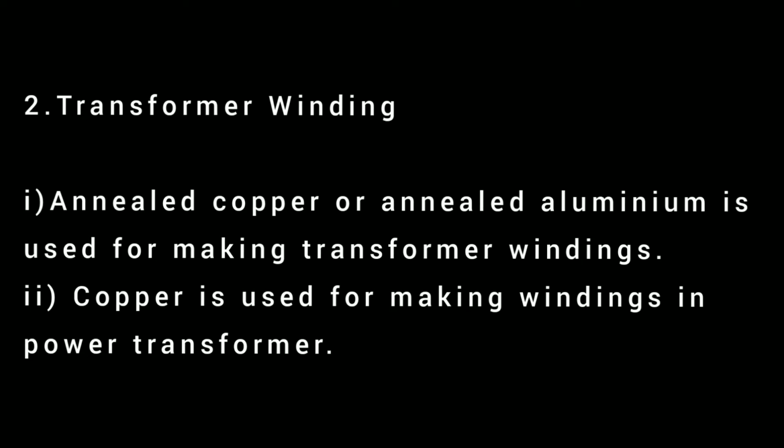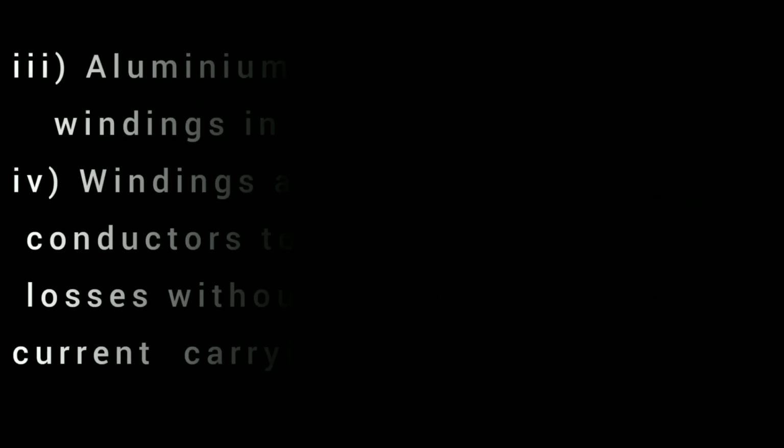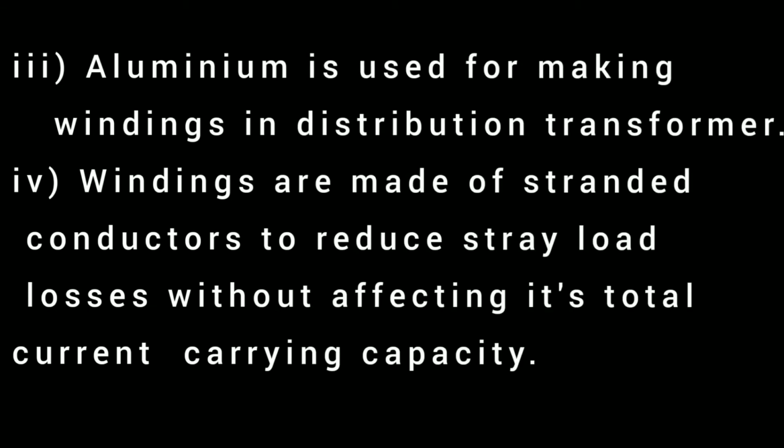The power transformers are handling a bulk amount of power. So it requires high efficiency, that is efficiency equal to 98 to 99%, and also low resistance as compared to aluminum. Even though copper is more expensive than aluminum, the windings of a power transformer are made up of copper. In the case of distribution transformer, which handles less amount of power, the efficiency can be between 94 to 95%. That is by sacrificing its efficiency in order to reduce the cost of the transformer. So aluminum is used for making windings in distribution transformer.